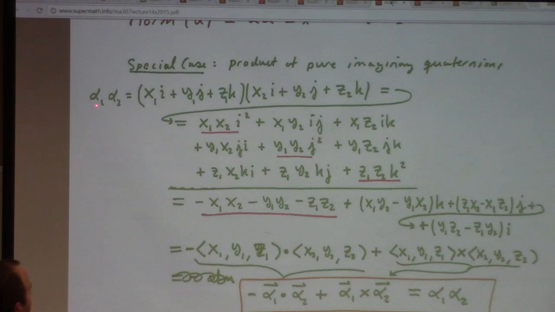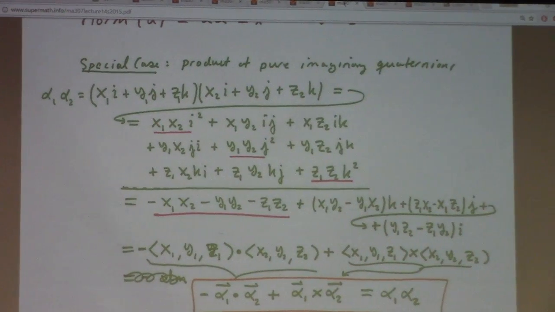So if I take special kinds of quaternions, like ones that have no real part, so just pure imaginary quaternions, they naturally correspond to vectors, right? Alpha 1 is kind of like the vector x1, y1, z1. Alpha 2 is basically the vector x2, y2, z2. And when you multiply them, according to the rules of quaternionic algebra, i squared, j squared, k squared is -1, so there's your dot product. And then the rest of these guys conspire to give you the components of the cross product,